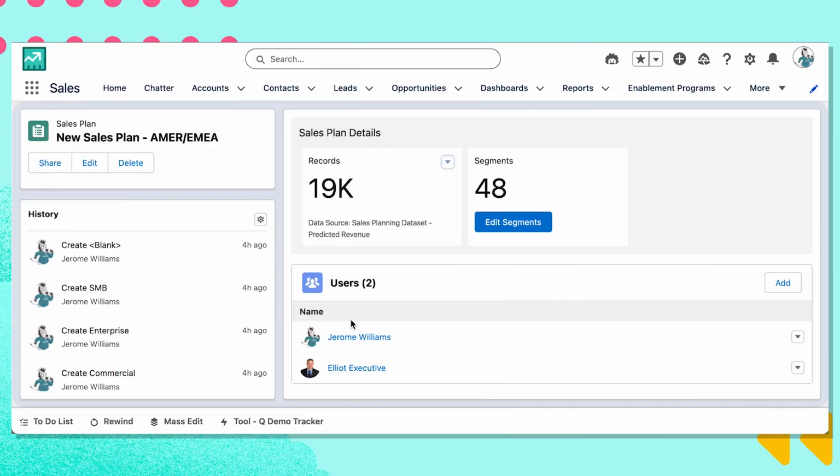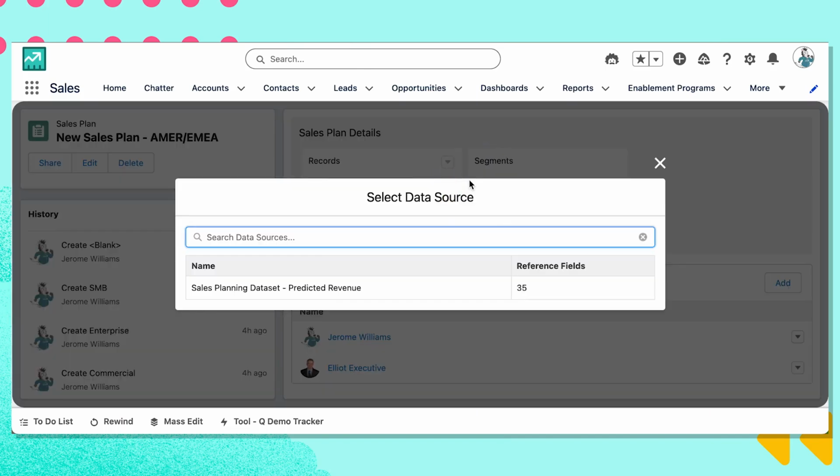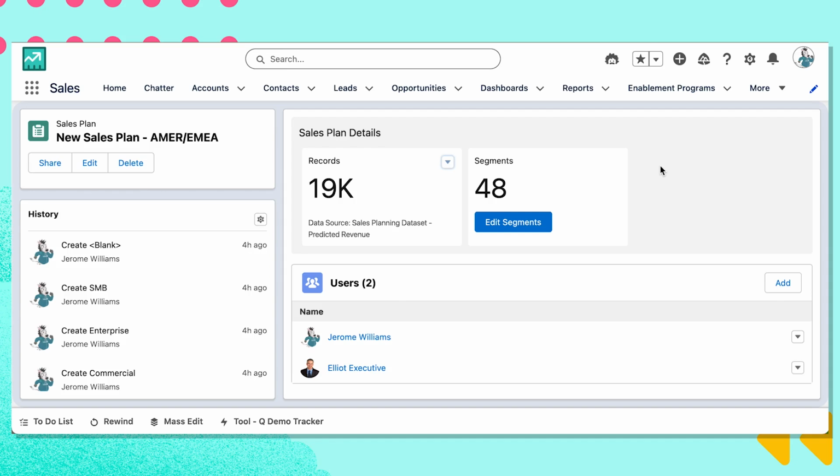After we go ahead and name our plan, our first step is to bring in existing sales data. This could be data on accounts, revenue, customer size of territories, TAM, and much, much more. Because sales planning is native to the Salesforce platform, we can easily pull in any CRM data or even data external to your Salesforce platform.